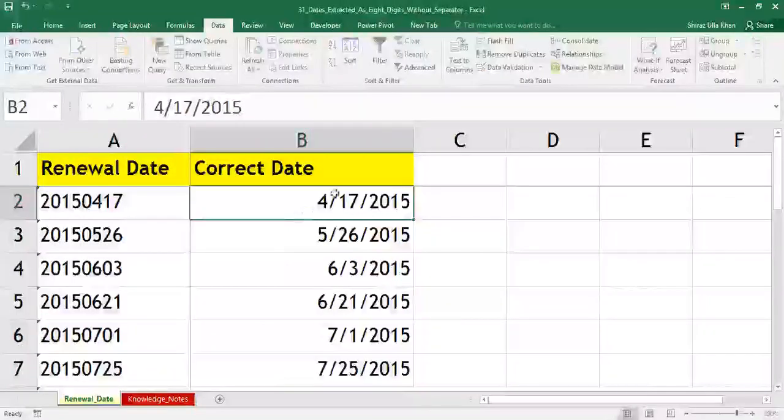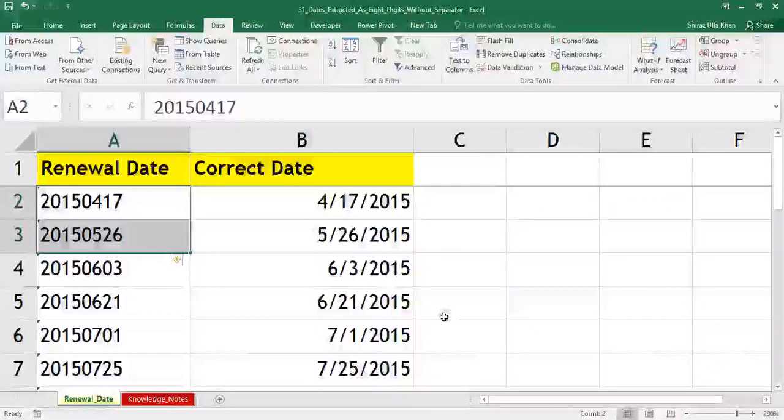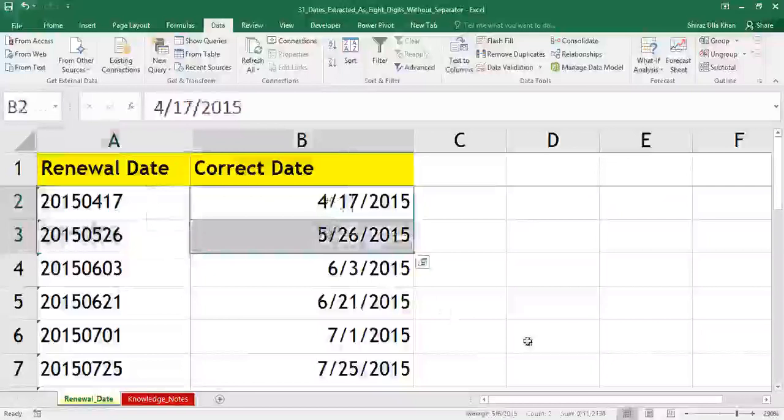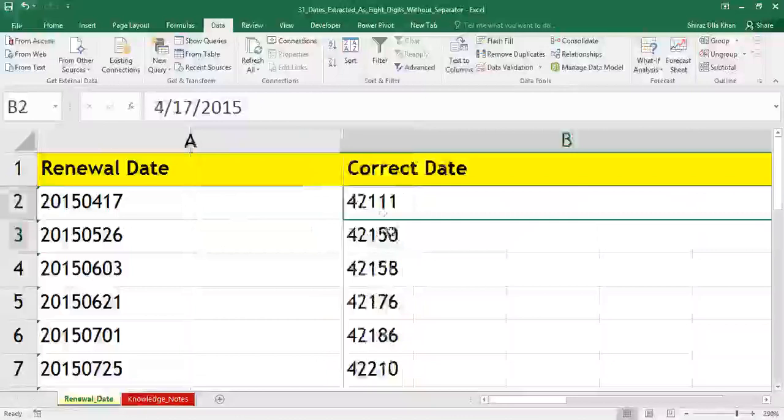And now people, the beauty of this is these dates are numbers. When I select these two, as I told you, when I selected A2 and A3, here we used to get Count because it is not a number. But when I select B2 and B3, you can see Sum and you can see Count. So which means I have converted this date into a proper date, and a date is a positive number. If you want to see the number behind this date, I'll again press Control tilde, the shortcut key from my keyboard. Now people, can you see 17th of April 2015, the number behind that is 42,111.